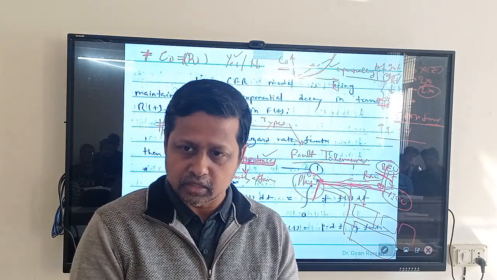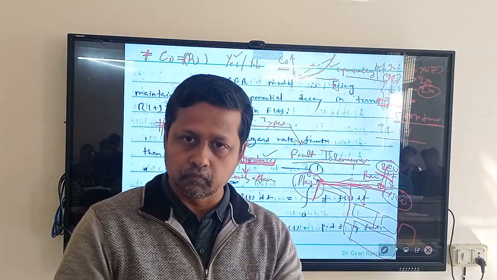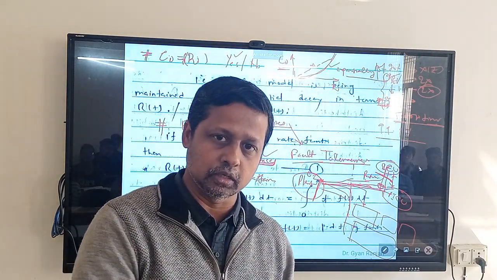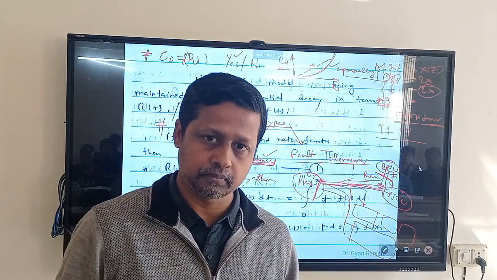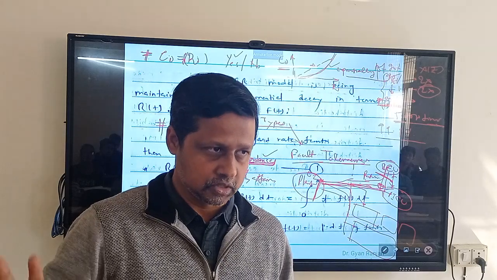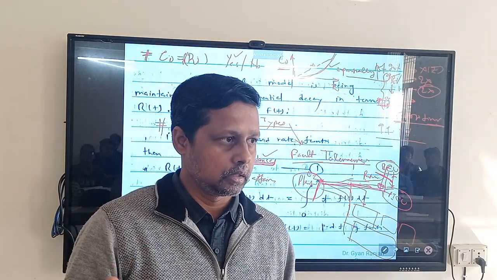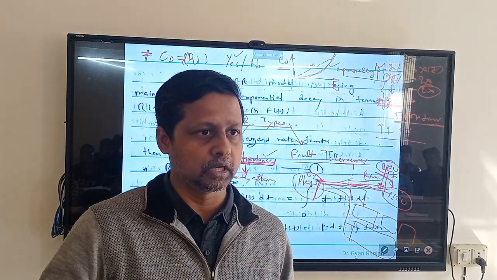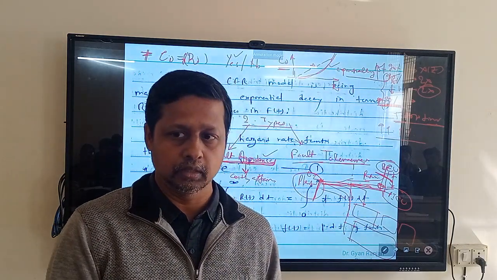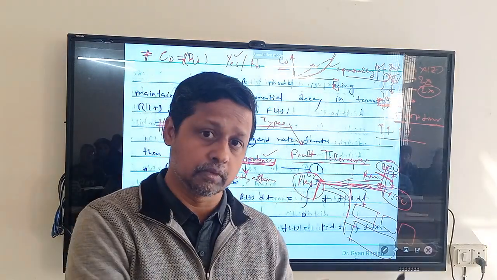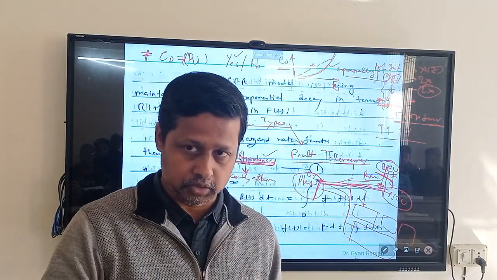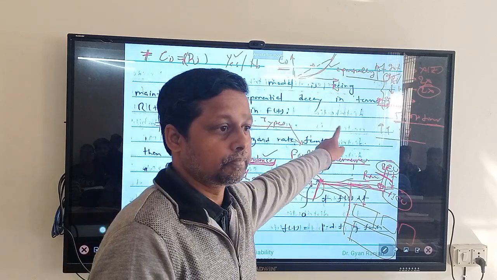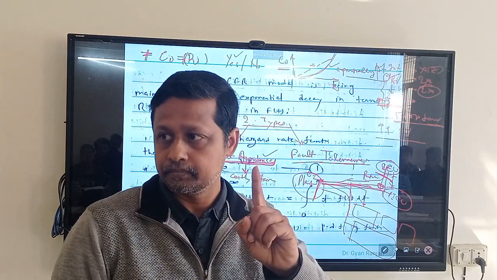You are entertaining a lesser number of components. So involvement of a lesser number of components, can it ensure a lesser probability of failure? The more components you involve, the probability of failure of each and every component will be there. If fewer components are participating, the probability of system failure will be less. Possible? Now here I am saying system failure, because this is a system. It's not one component.